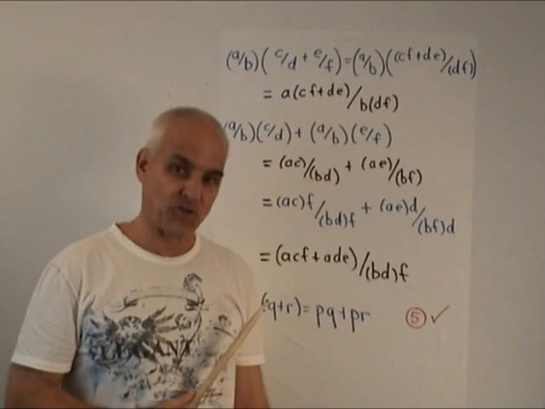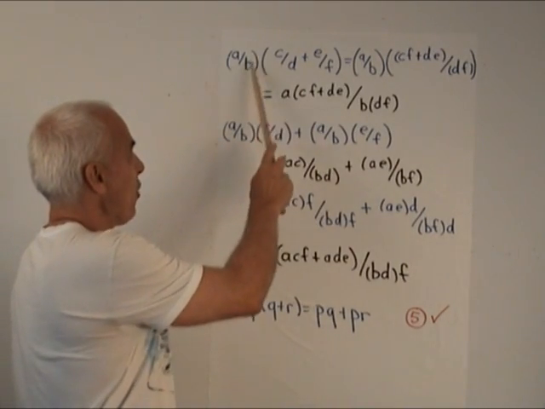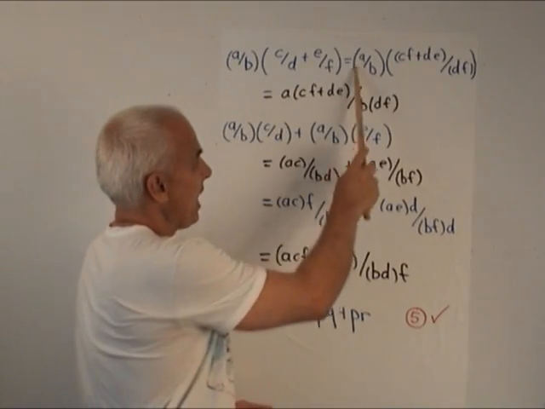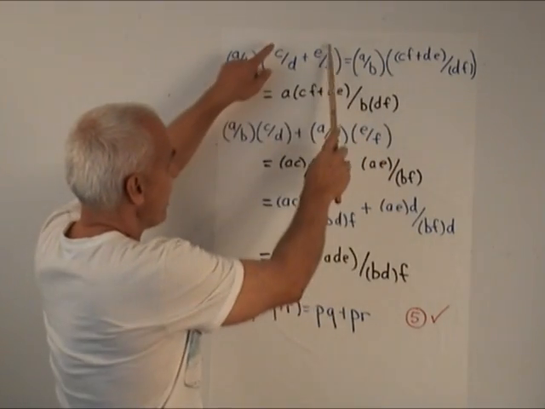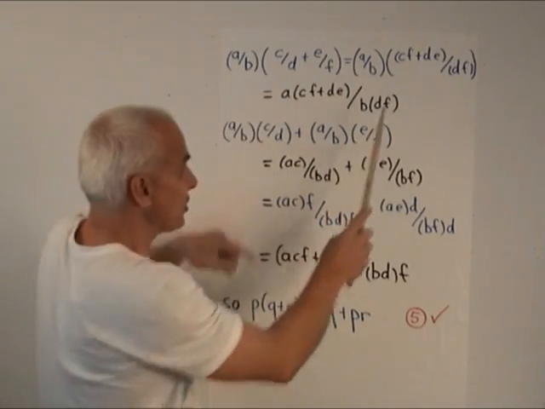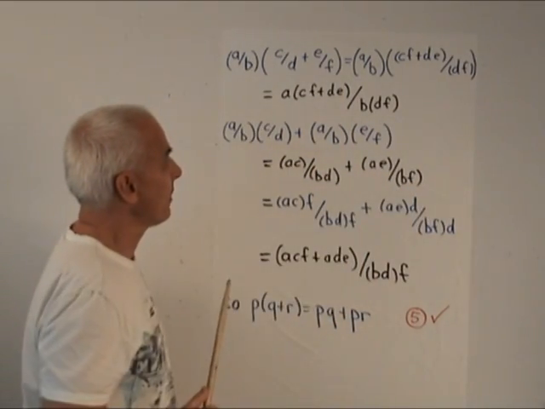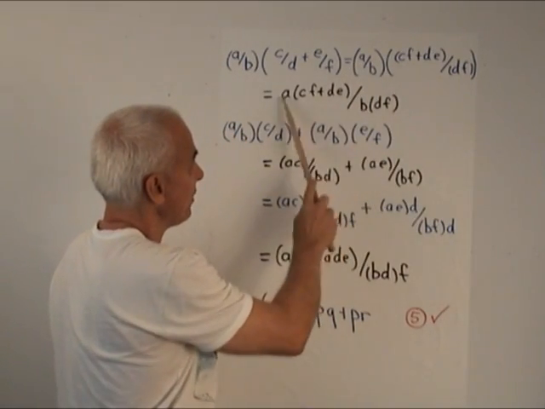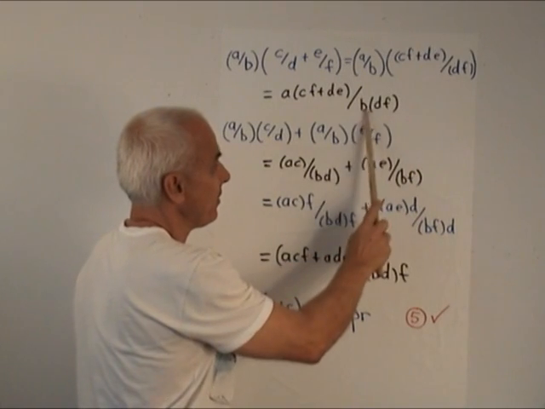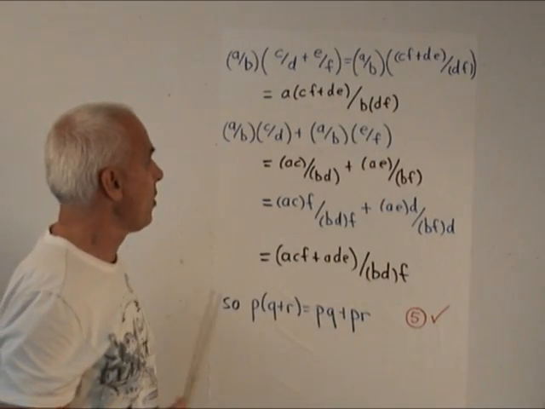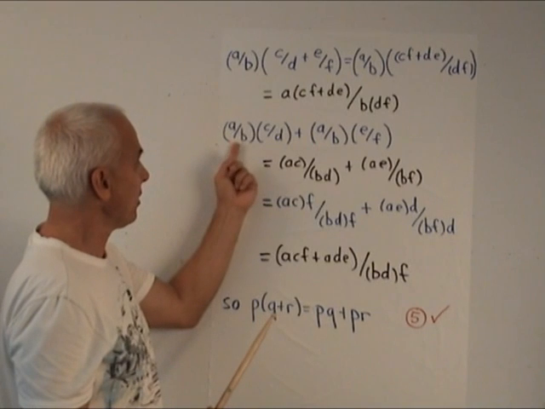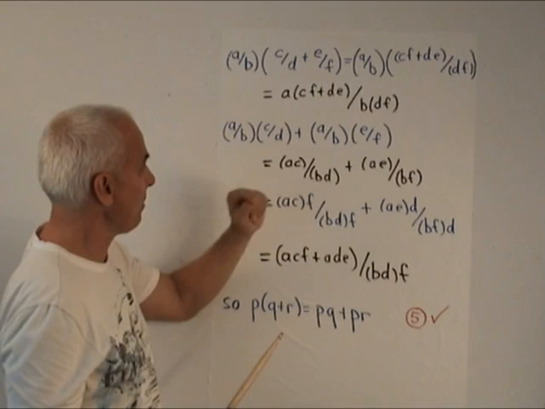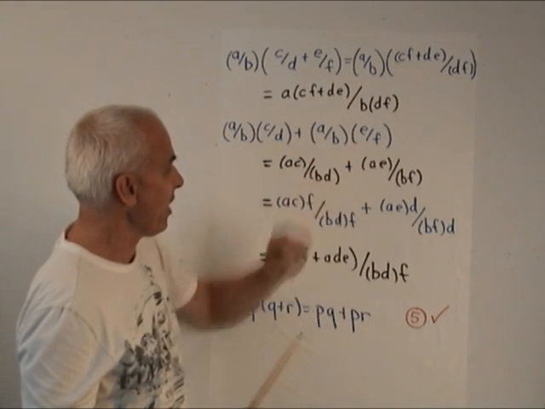Alright, so now the distributive law. So we have A over B times (C over D plus E over F). There's the A over B, we write it again. And now this quantity here is the sum of two fractions, there's the rule for that. Now the rule for multiplying this fraction by this fraction, we multiply the numerators, we multiply the denominators. On the other hand, the other side is P times Q plus P times R. So A over B times C over D plus A over B times E over F.